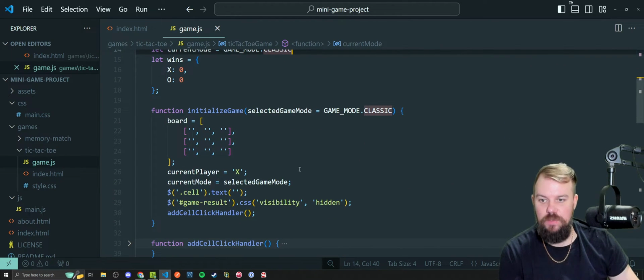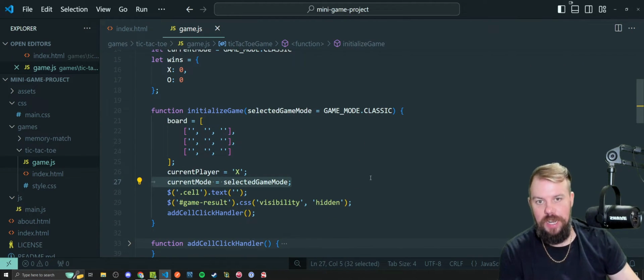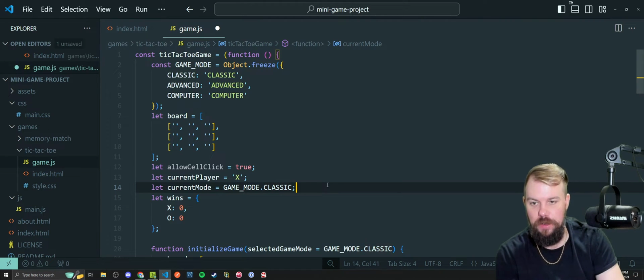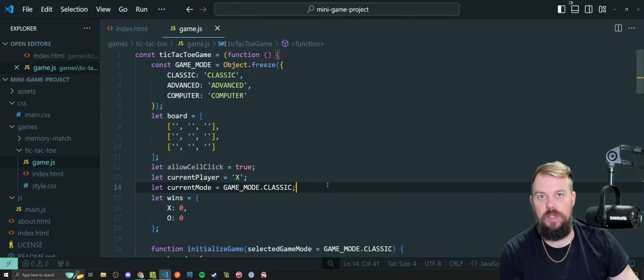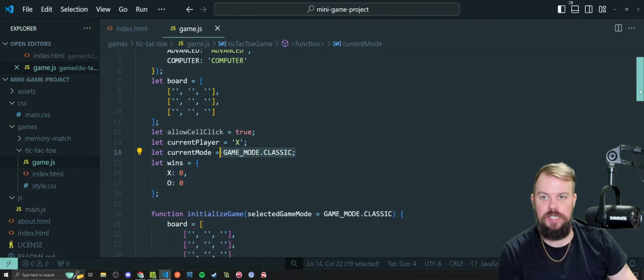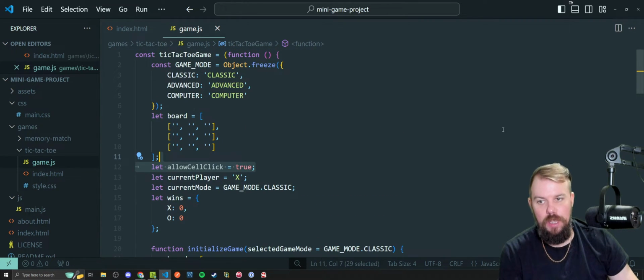Same argument from a previous video where, hey, Luke, you assign game mode classic first thing to current mode in initialize game, so why initialize current mode with the value up here? Again, I just choose to. I don't need to. I could use null right here, but I'm going to choose to assign it a value since I have access to it. The point being,